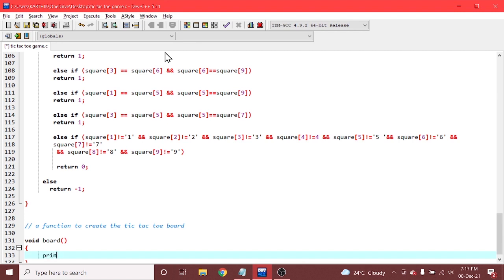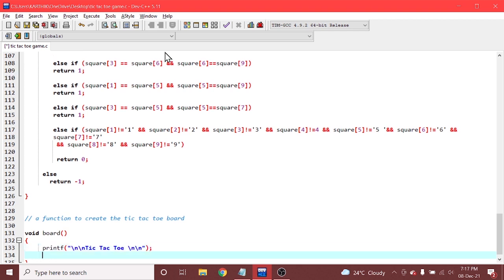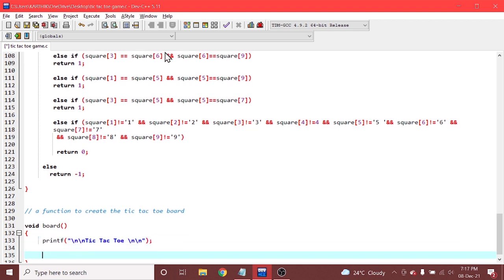First we are printing printf \n tic tac toe, and we are also ending with \n. We are giving the information that for player 1 it is X, right? And similarly for player 2 it is O, and finally we are ending with \n.